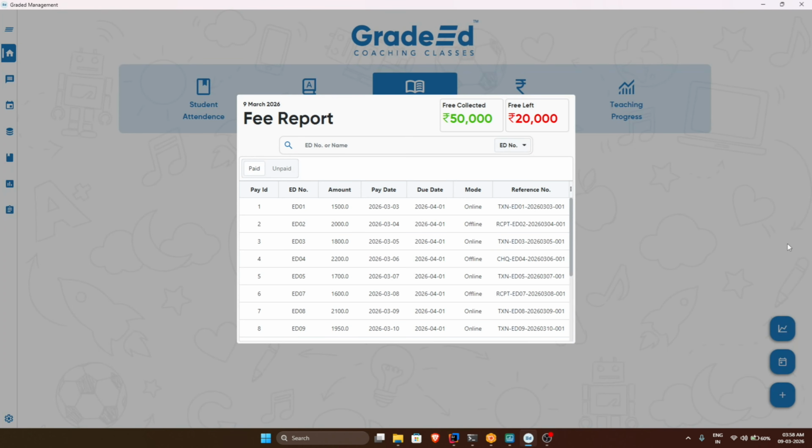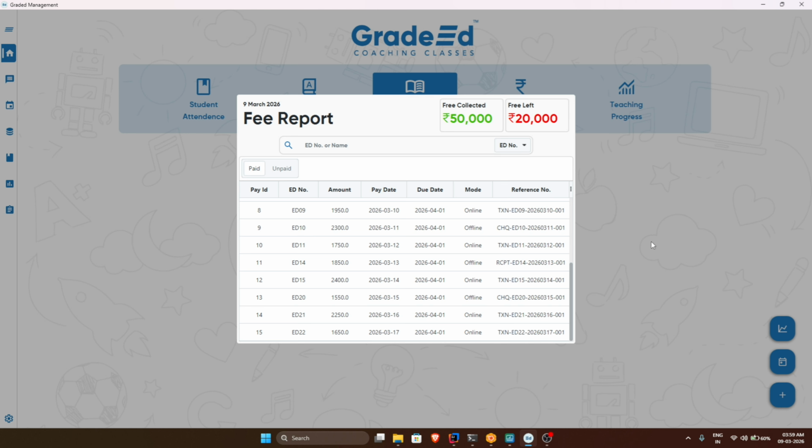So this is the UI in the app, and these are just dummy data loaded. You can go and see how many students have paid the fee, the mode of payment, when they paid, what the due date of that student is, and the rest of this information. What I now want is